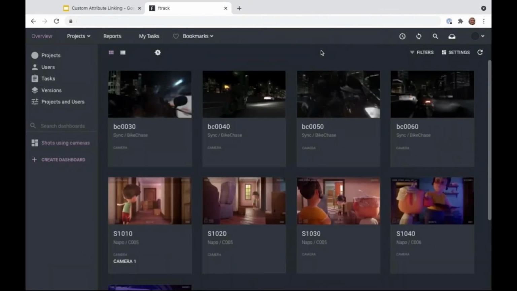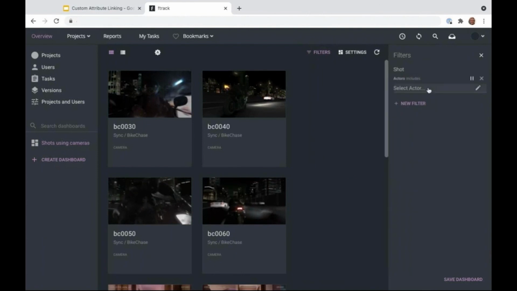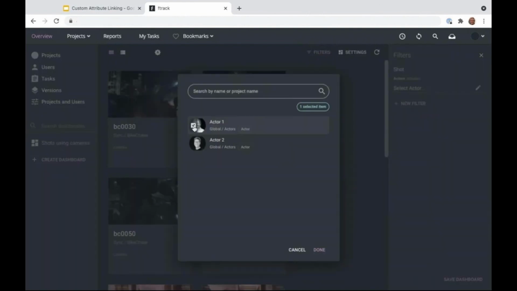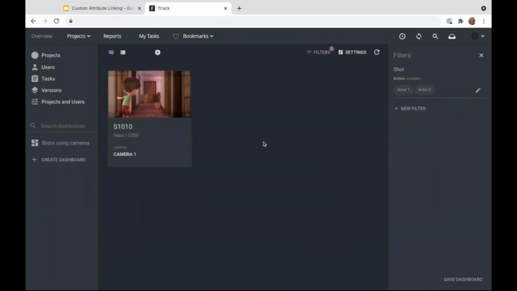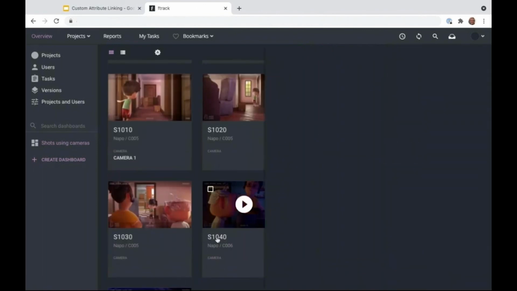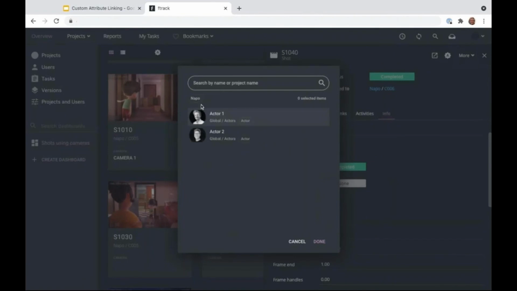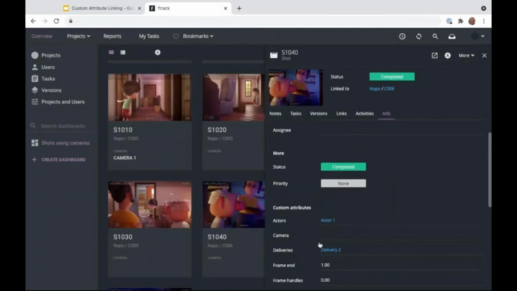Okay, so here is my new dashboard showing all the shots. And then I can easily add a filter on actors saying, let's look at all the shots that have both my actors in them. And as you can see, that's only one shot. And I can easily add more shots, either from here by adding my actors like this to the shots,